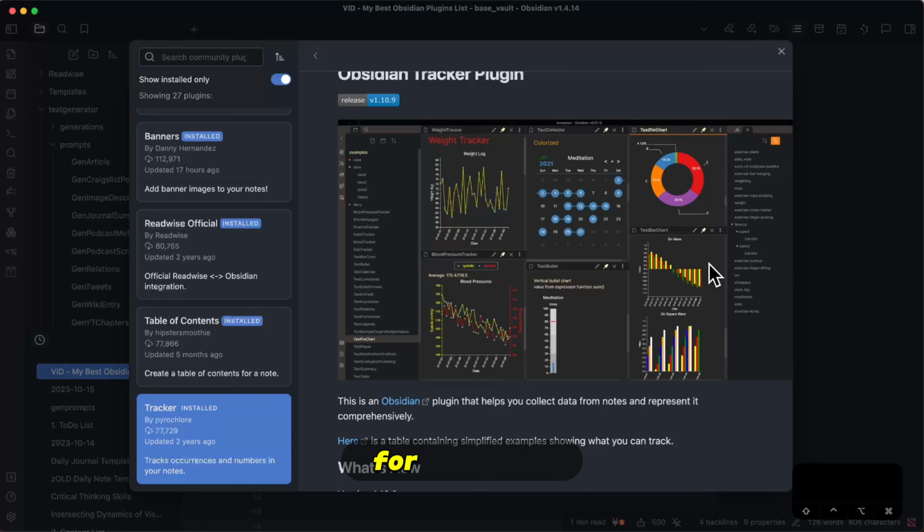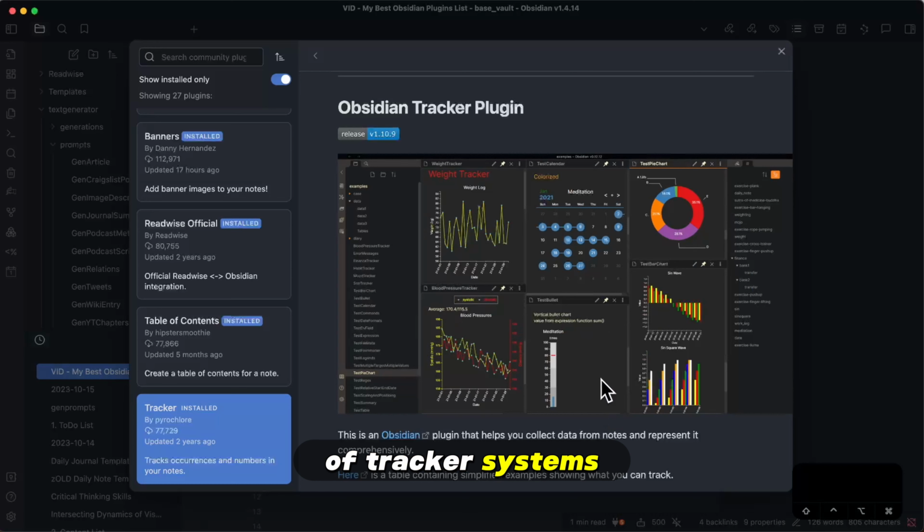Now, there do seem to be a few bugs, so breaking changes here. However, I don't think they are bugs that affect any new users. These are only those that have used template variables in the past, and now there seems to be just a new way to do it. I'm definitely going to be diving into this plugin a lot in the future. I will be making these sorts of tracker systems, and they will be available on my Patreon,